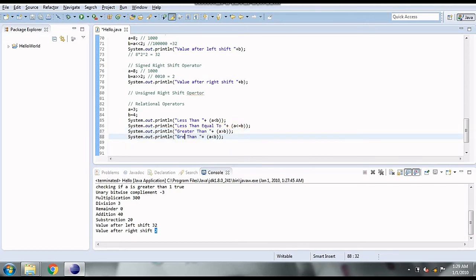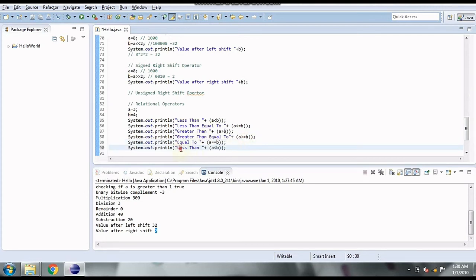Then greater than equal to, which is denoted by A greater than equal to. Then we have equal to, which checks if the two numbers are equal. It is denoted by 2 equals to signs. Remember, 1 equal to sign is for assignment, 2 equals to are for checking if two numbers are equal.